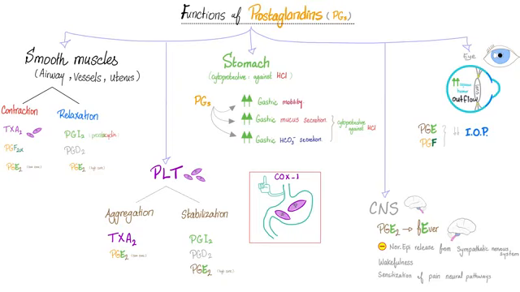Okay, on smooth muscles, some of the prostaglandins will contract smooth muscles, others will relax smooth muscles. What are the ones that contract smooth muscles, including my blood vessels? Thromboxane A2. Yeah, it causes vasoconstriction, it increases platelet aggregation. What else? Prostaglandin F2 alpha and prostaglandin E2 at low concentration, because the same prostaglandin E2 at high concentration is relaxing smooth muscle, causing vasodilation, bronchodilation, and decreasing uterine contractions.